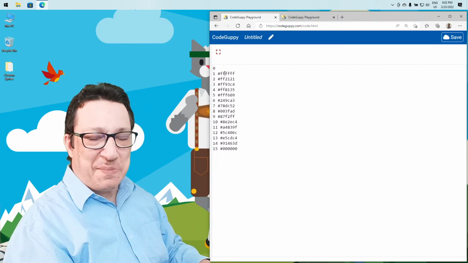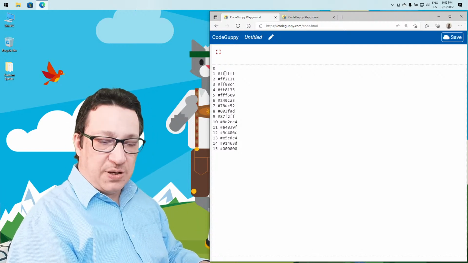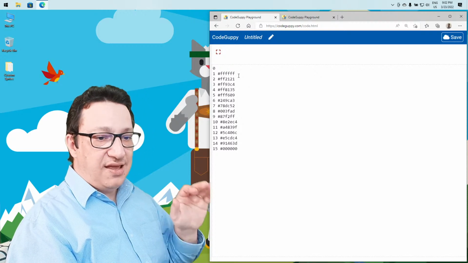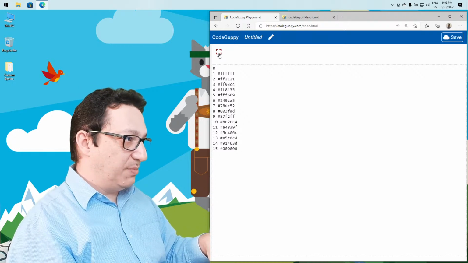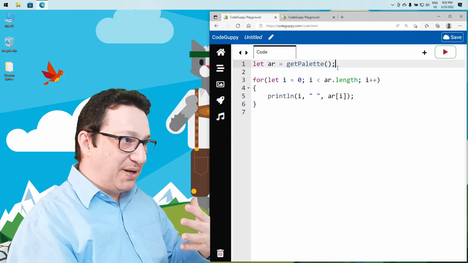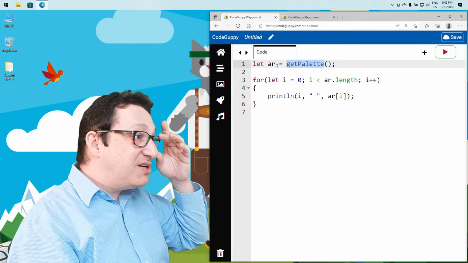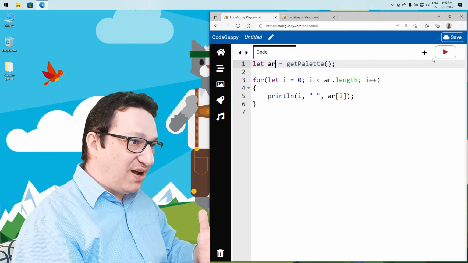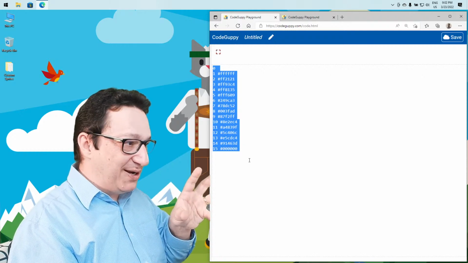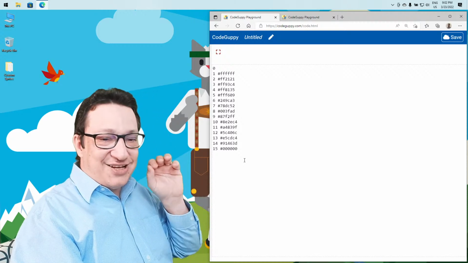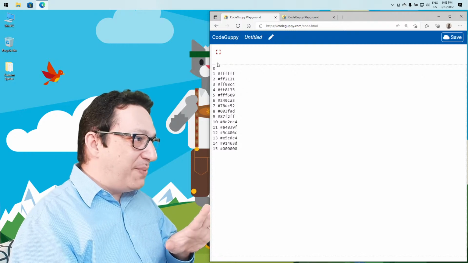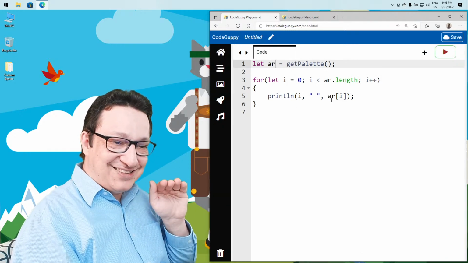As you can see, there are some colors. If you remember from the lesson about RGB colors, these are in the format pound and then RGB, each one written in a hexadecimal format. But anyway, what getPalette is doing is returning the current palette. And if we run this, we'll see that it's just an array of colors, and more exactly 16 colors, because there can be only 16 colors per palette. So let's do as an exercise and actually display these colors, and then we're going to see how we can change the palette. But before we change the palette, let's display them,